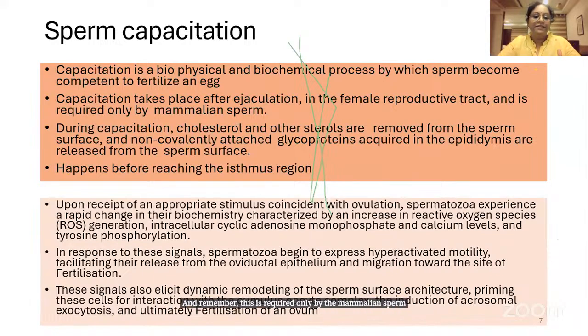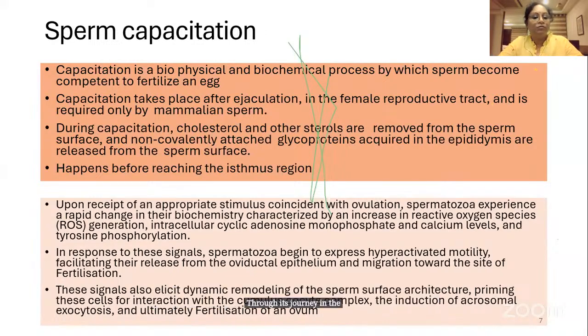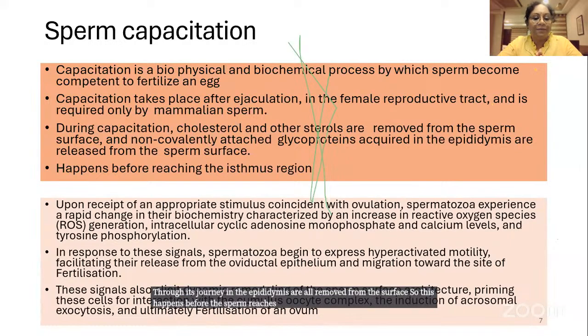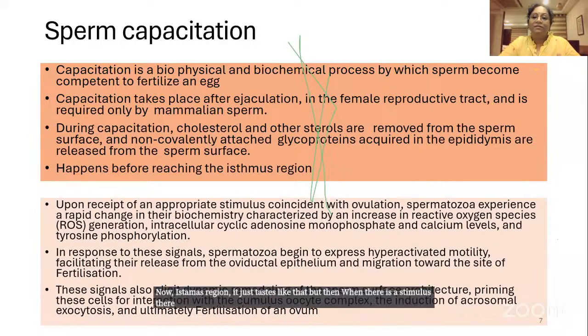So the first phase is during its transport through the cervix and the uterus. Cholesterol and other sterols present on the surface of the sperm are removed. Then the non-covalently attached glycoproteins, which the sperm acquires through its journey in the epididymis, are also all removed from the surface. So this happens before the sperm reaches the isthmus region. Now, in the isthmus region, it just stays like that, but then when there is a stimulus there, the second phase of